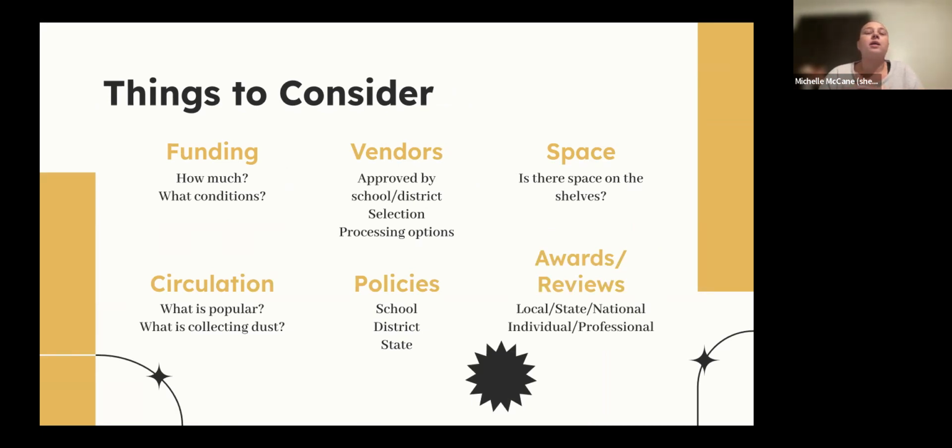I can, on a limited basis, order paperback books, but primarily I'm expected to order hardback or library bound books, just because paperback books are considered to be consumables. And they definitely, in a school library setting or any library setting, they definitely are. They're not going to last near as long the more people are using them and pulling them on and off